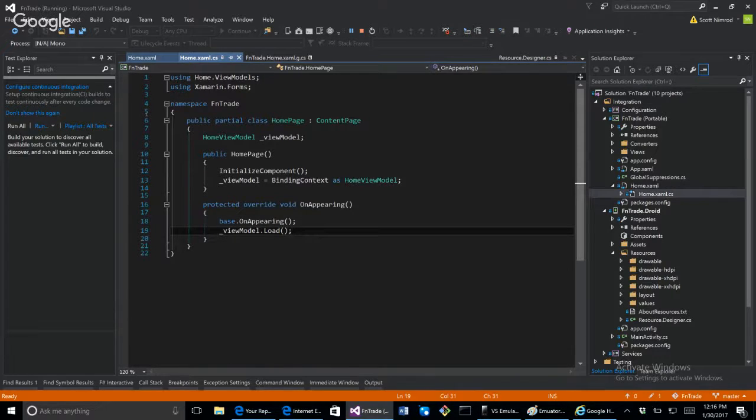This is the Xamarin.Forms approach related to WPF's page loaded event, except Xamarin.Forms doesn't provide an event for the page being loaded. Instead, they provide a method that you can override called OnAppearing. So this is how I actually load in the investments. I call ViewModel.Load, which leads me to my next